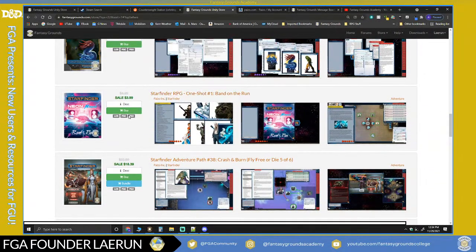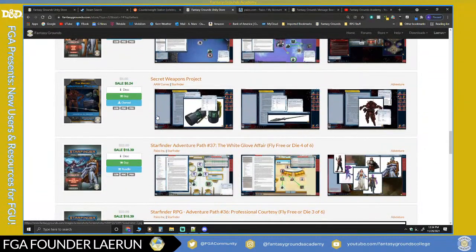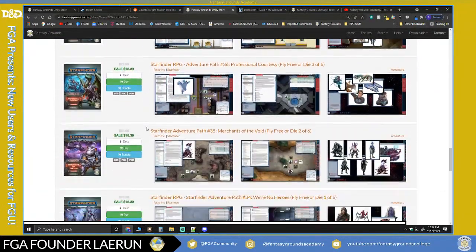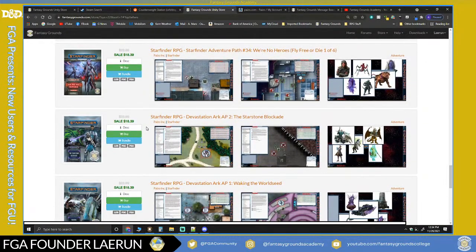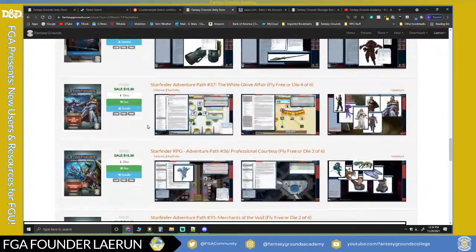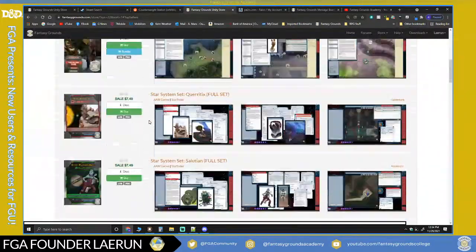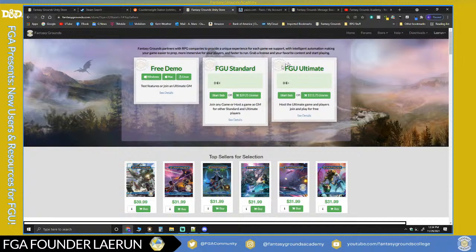There's a one-shot that someone made called Band on the Run. It's really cool. There are a ton of ways that you can capitalize and take advantage of the sales. So you have until the 1st to get a discount on the license, and I believe most of the sales items too will be going on. So that's a really good time to get in on it.